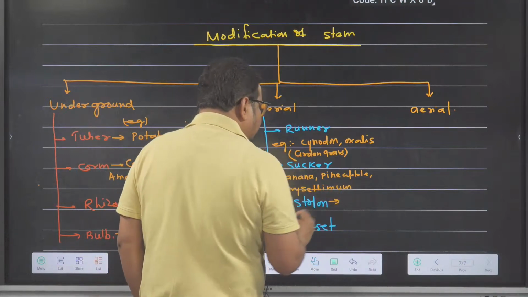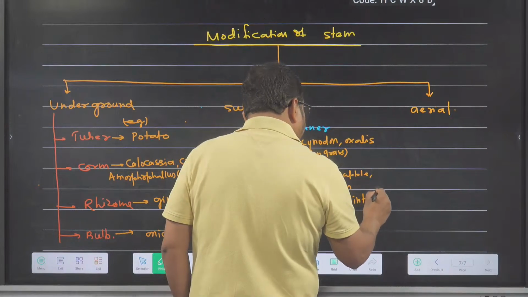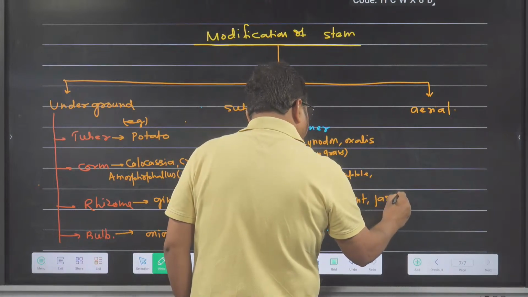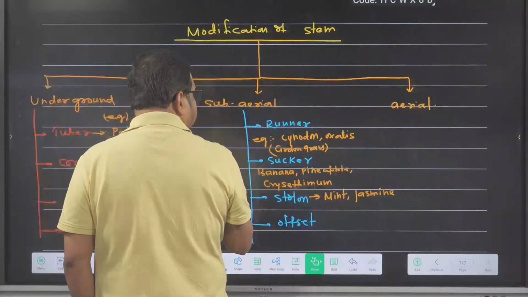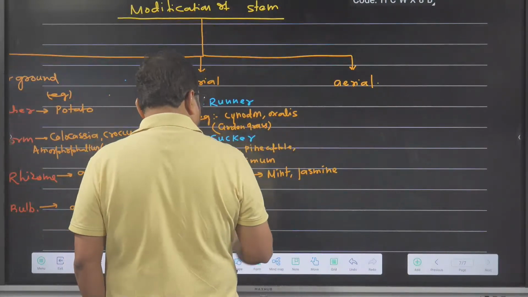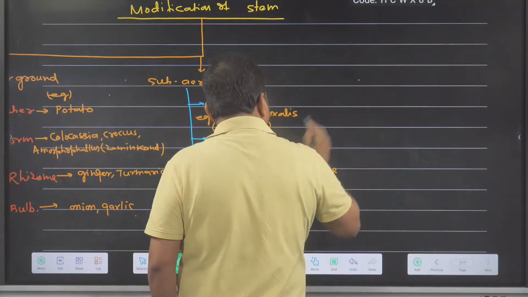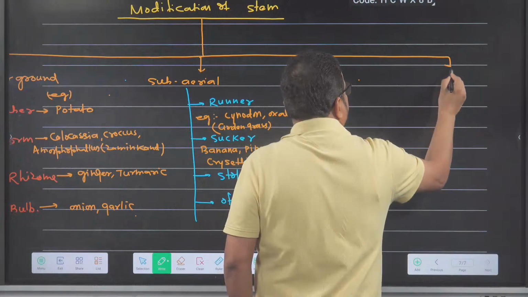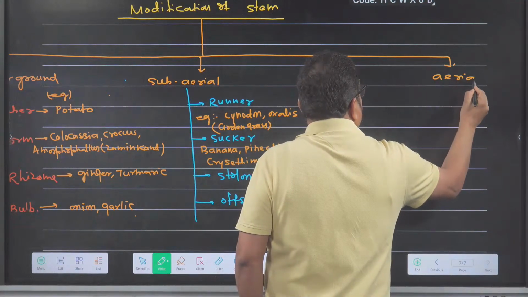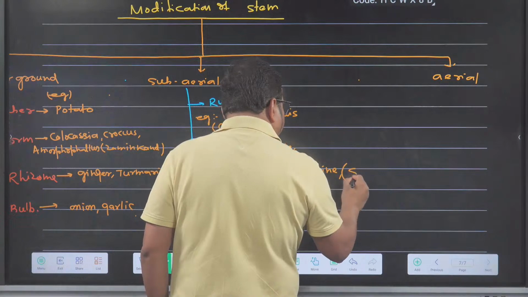Now, for the example of a stolon, I am writing from NCERT theory: mint, jasmine, with a star mark. Arial I will write later on. I am erasing it and making a space to write Arial. Here I will write Arial. So mint, with a star mark, and under bracket I am writing